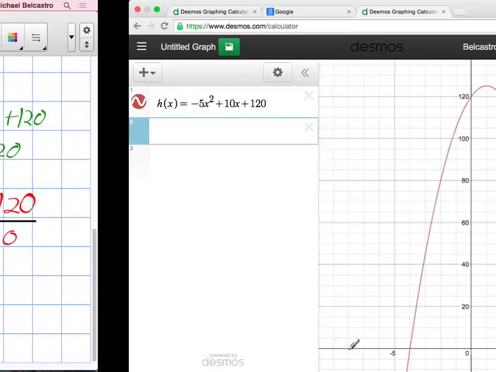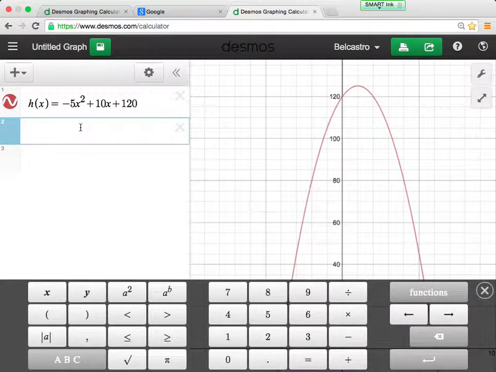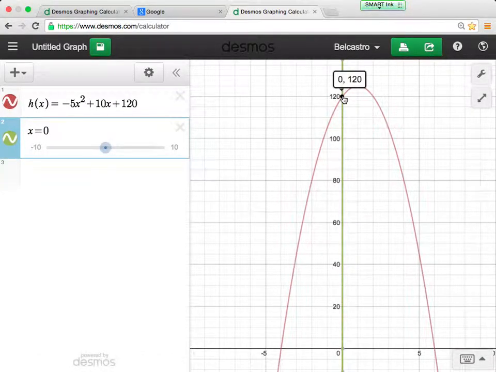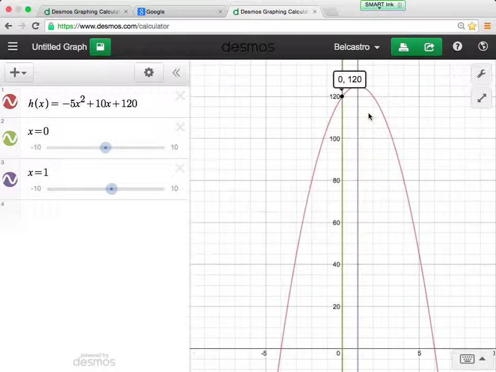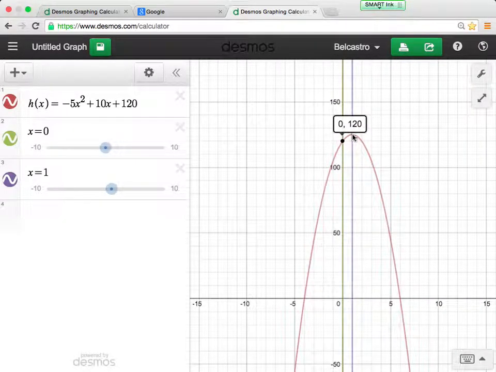So to show you what those points would look like, I'm going to draw a vertical line at 0 on our point here. And that's the coordinate we got. We got 0 and 120. That was our first coordinate. And the other coordinate was at 1. Let's zoom out a little so I can see that dot. Here we go. And we had 125, okay? So we can actually build using this slope. If we really wanted, we could find the equation of a line that would connect those 2 points. The only extra point we would need is the y-intercept. And since this